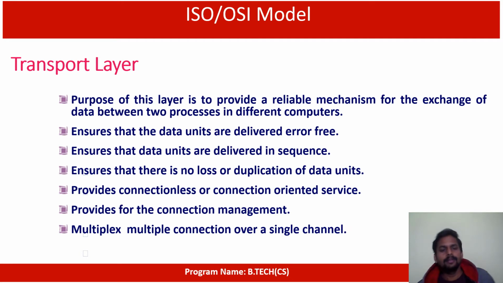And point number 4 mentions that it ensures there is no loss or duplication of data. It is a little later than point 2, because if any modifications are done on the received data, then we can say some loss or modification has occurred. It provides connection-oriented service, because the data is already received in the network layer, so we don't need to think about whether it is connectionless or connection oriented. Already it is the transport layer.